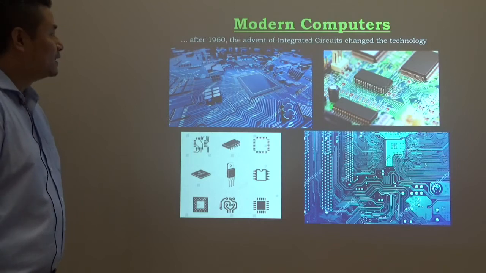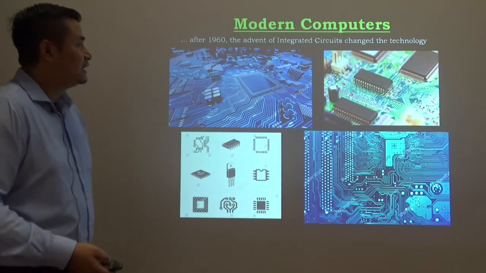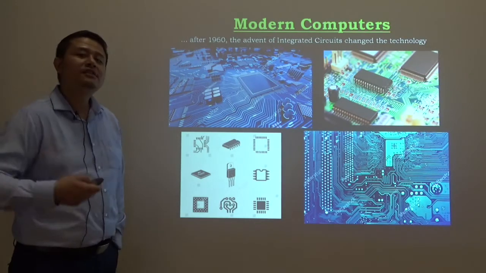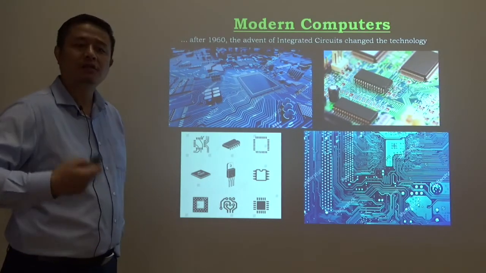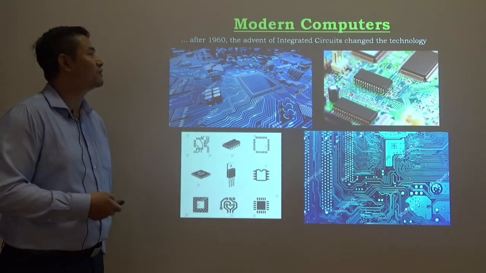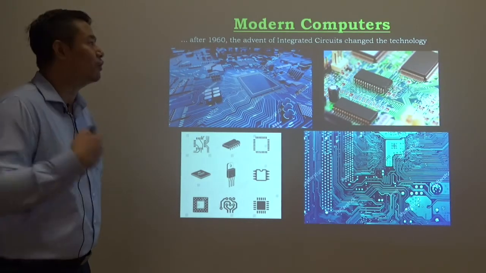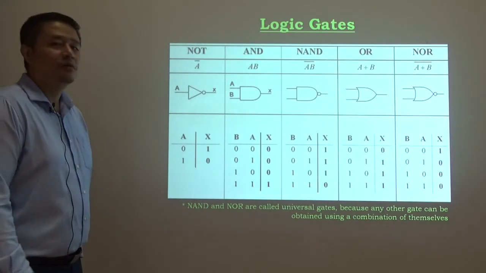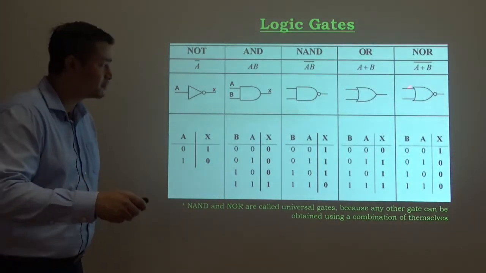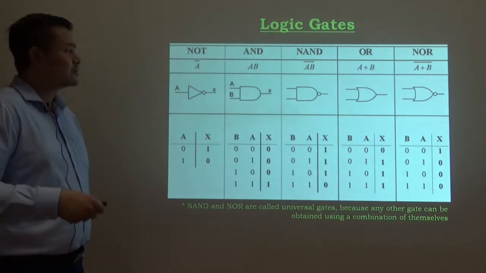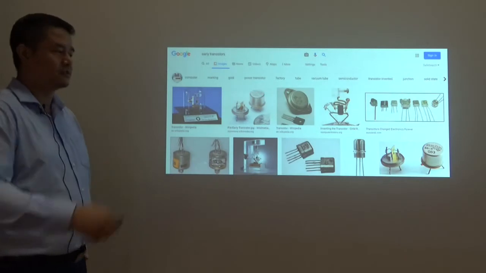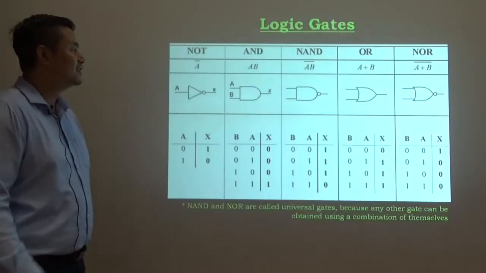So the advancement of technology in the electronics, in the digital electronics, enhances the advancement of computers and computations as a whole. So after 1960, the advent of integrated circuits changed the whole technology. Now we have logic gates. These logic gates are just symbols, but inside the logic gates, we have a number of transistors, these kind of transistors. So we'll talk about